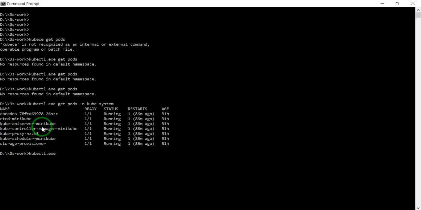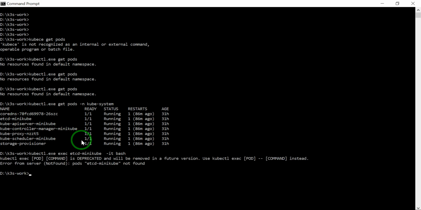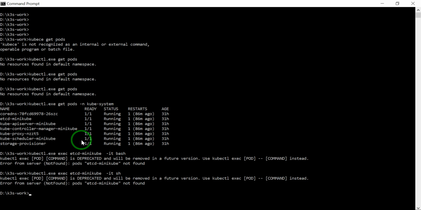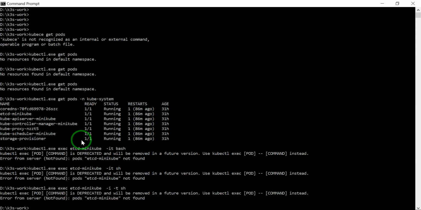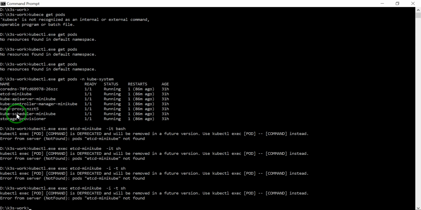So let's move into minikube and see which listening port is being used.